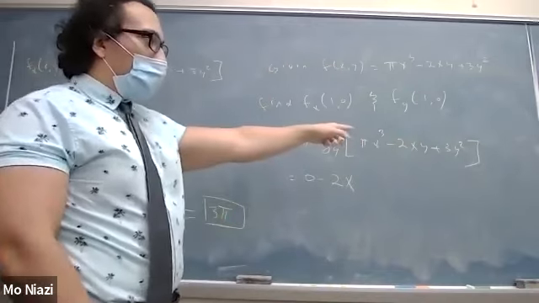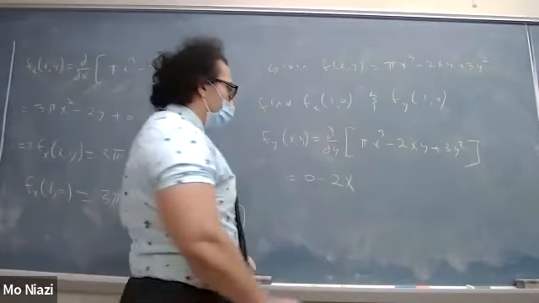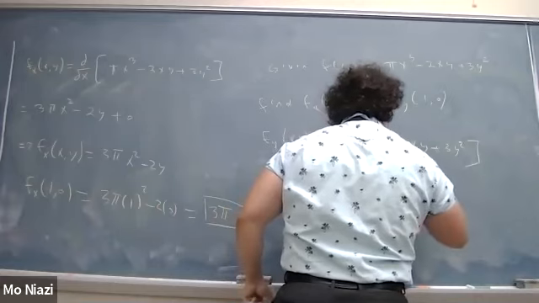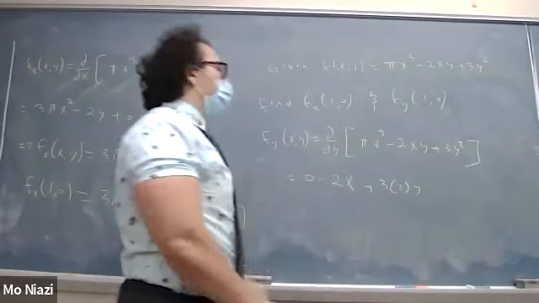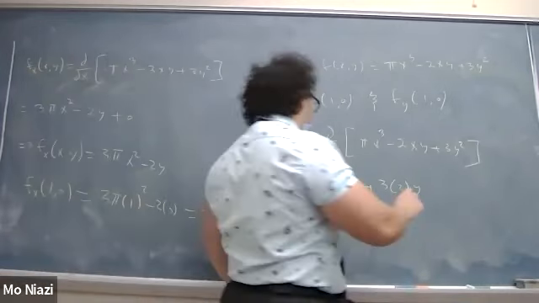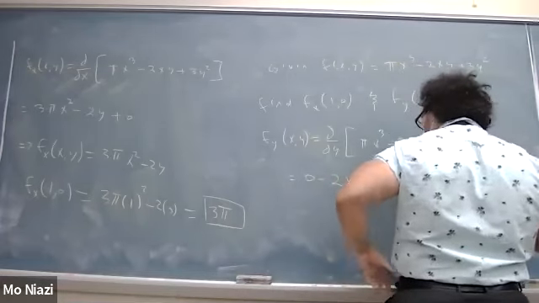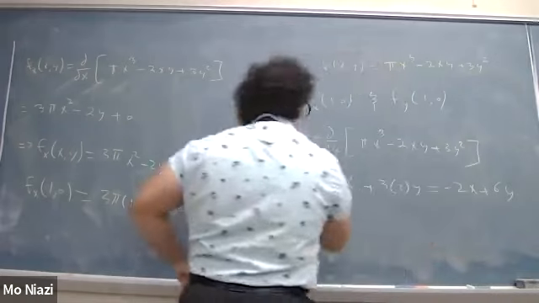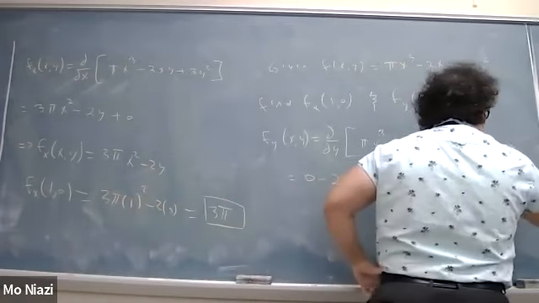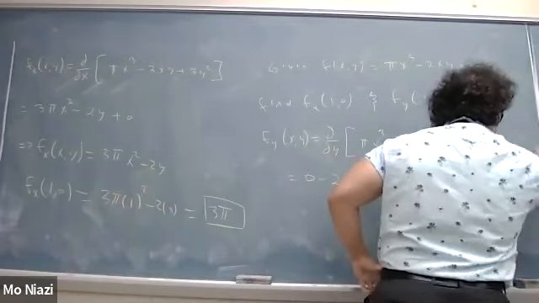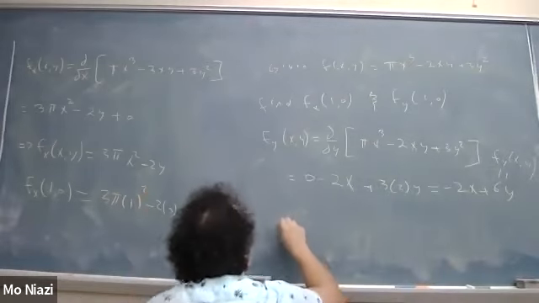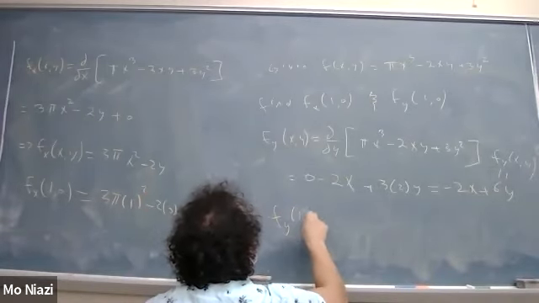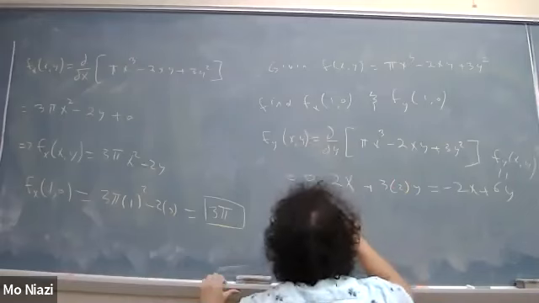Then when it sees the 3y squared, it thinks it's 3 times 2 times y once it takes the derivative. So then this equals negative 2x plus 6y. Then we evaluate it at 1, 0, we get